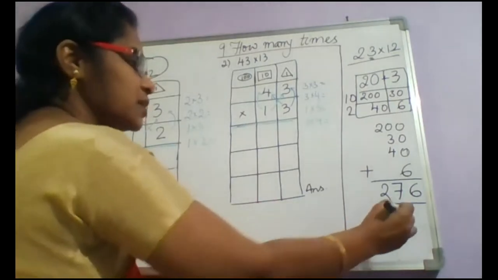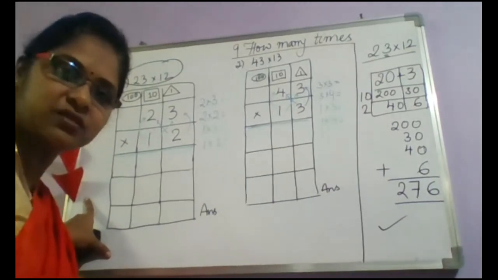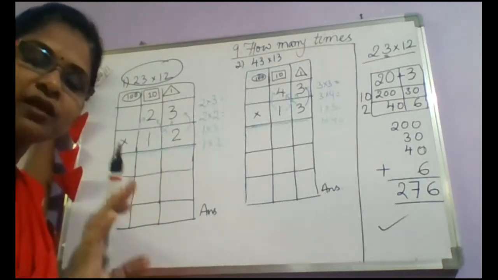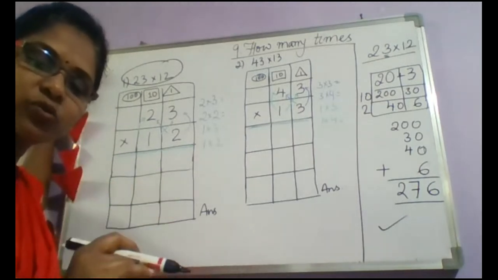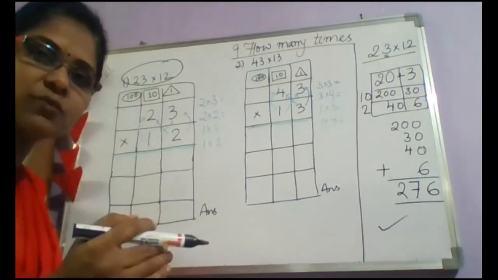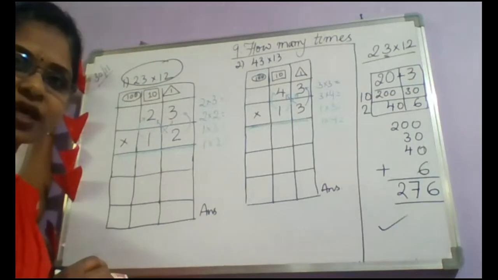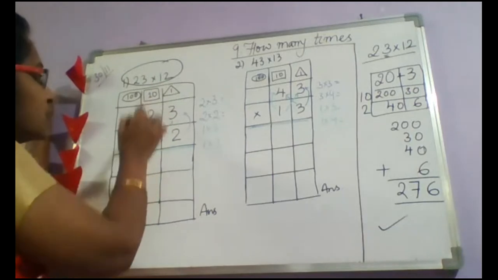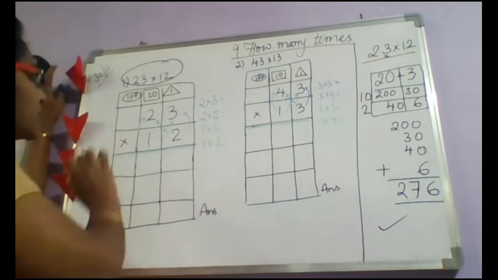Similarly, now how to multiply this using column method. This already you have learnt in the previous class. Today we are going to learn this. Please look at the board carefully and try to understand. Here you are writing 23 and 12. While writing, children, please understand you have to follow the place values. You are writing and sending it to me, but many of you are not writing it in a proper way. Numbering in place values is important. Is that clear? So here I have mentioned ones, tens, and hundreds place values. Now 23 has 3 ones and 2 tens, and 12 has 2 ones and 1 ten. So this we have clearly written, with the multiplication symbol.